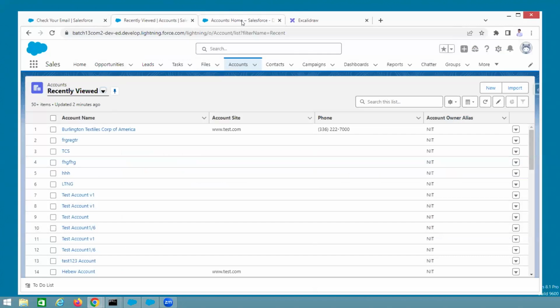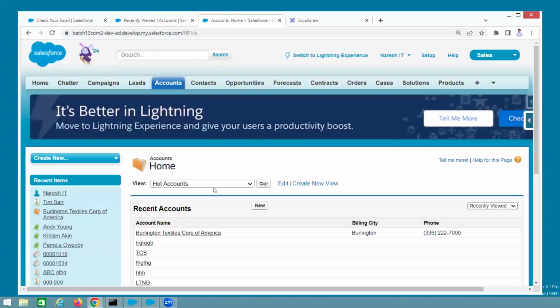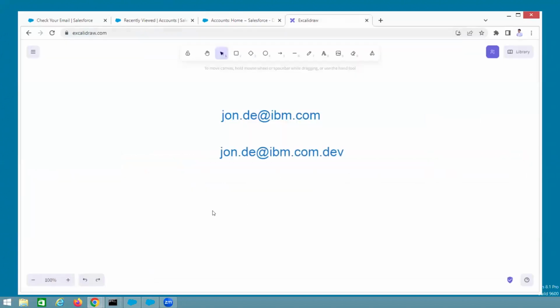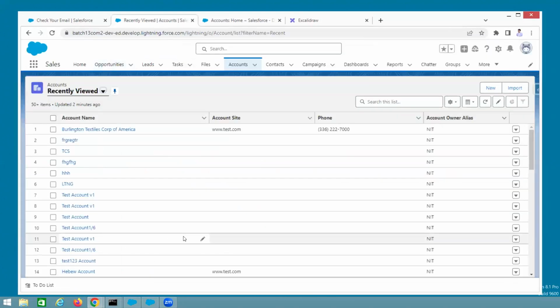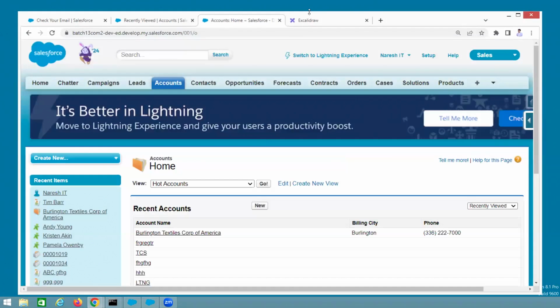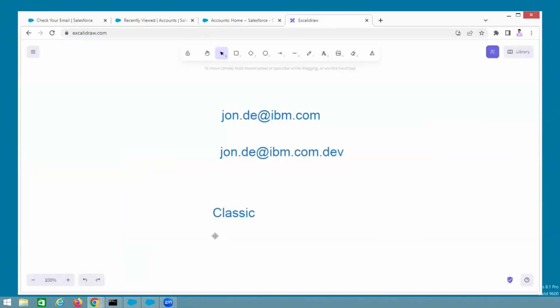So this old UI is called classic UI. Classic. Old, like the black and white TVs, right? From our Salesforce point of view, it is the classic experience. The old UI is called classic. Now whatever you are seeing here, this is called the lightning experience. Classic experience and